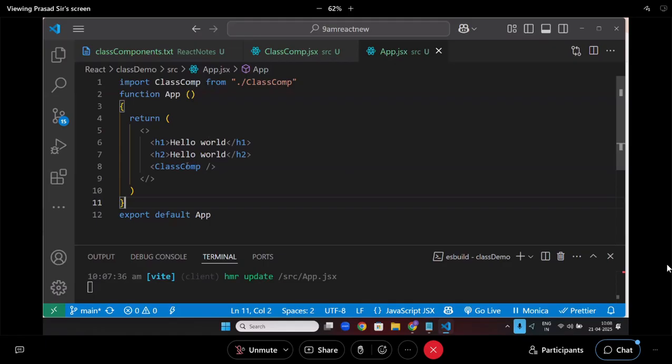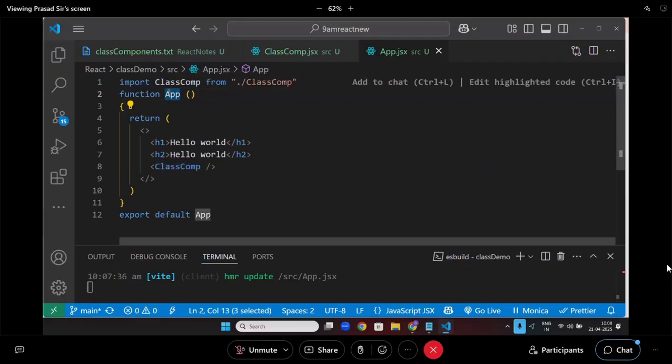One component, a class component, is inside the app component. Can anyone tell me what it is called when one component is inside another component? It is called a nested component. Sir, in some books they call it an embedded component. What are they called? Embedded component. It's another name for nested components. Embedded. Anyway,